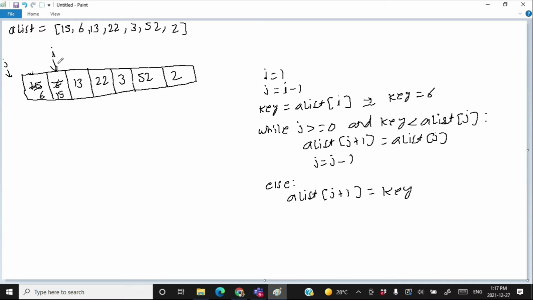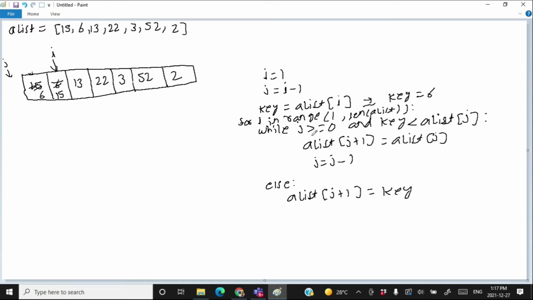And this everything happened for just one value of I, that is I is equal to 1. Okay, so here I want another for loop which goes for every value of I. So for I in range, 1 comma the length of list, and the values of I will be starting from 1 and go up to the length.